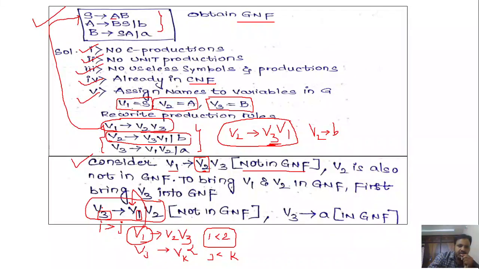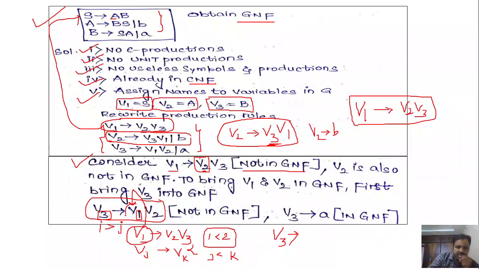So in the V3 production rule, we have to substitute the body of Vi, that is V1. So what is V1 here? V1 denotes V2, V3, right? So that is the V1. Only one V1 production we are having. So we have to substitute it here in the V3 rule. Okay, let us see. V3 denotes